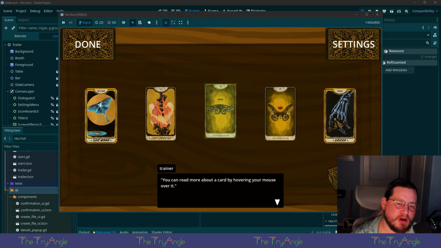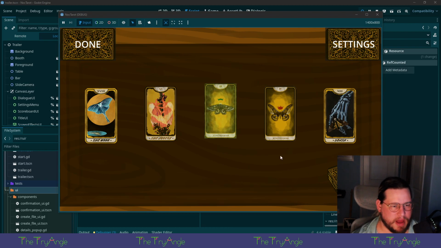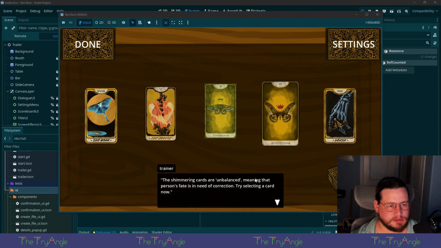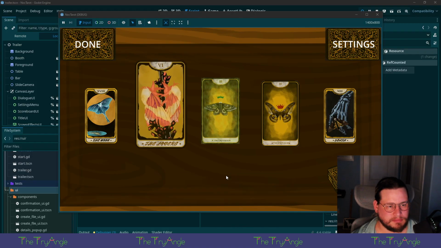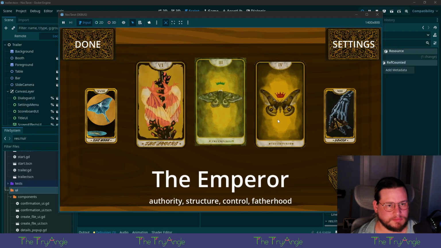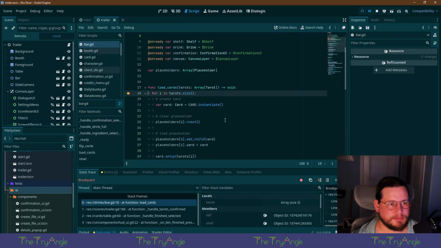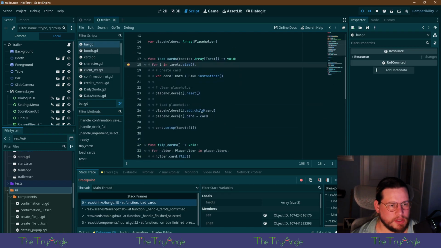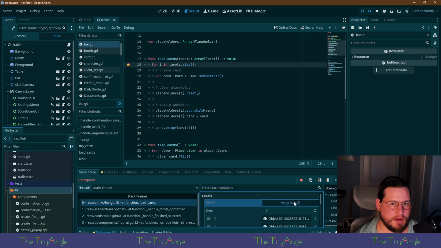The only problem I have with the cards is that, of course, the perspective doesn't quite match. We load the bar up immediately. Okay. Should have all three of them.